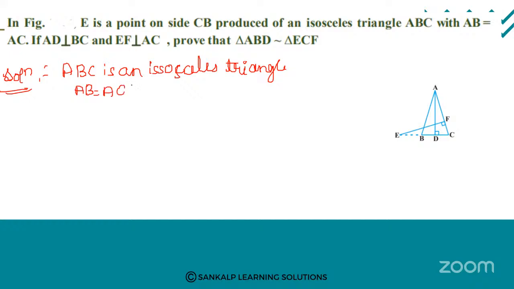AB is equal to AC and two angles are also equal. Which angles? Angle B is equal to angle C. These two sides are equal and these two angles are equal. B is equal to C, right? Angle B is equal to angle C. Okay, base angles of an isosceles triangle. That is B is equal to C. These two are equal. Next,